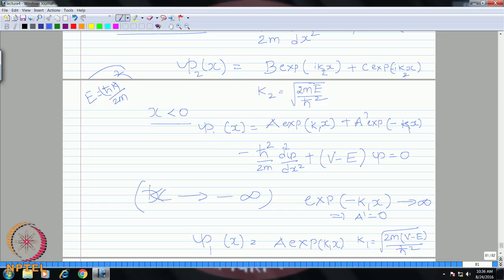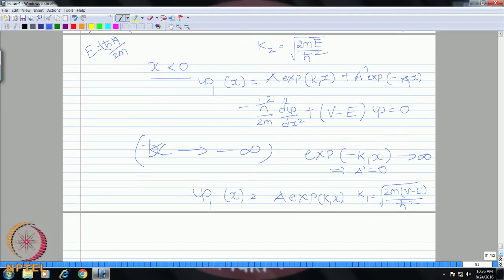So, this becomes 1, x less than 0. Similarly, we have to do this for x greater than d. So, let us write this as psi 3 of x. In this case we will have the same Schrodinger's equation as represented by this form, and the solution we will write as some d